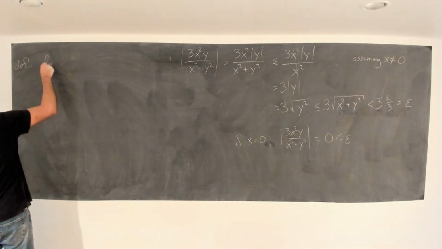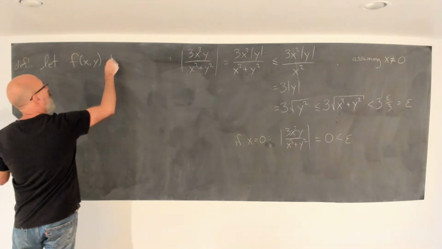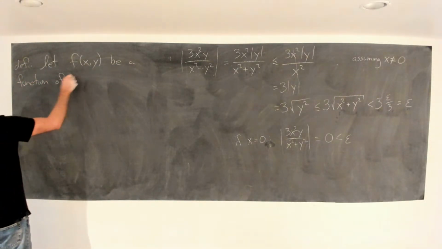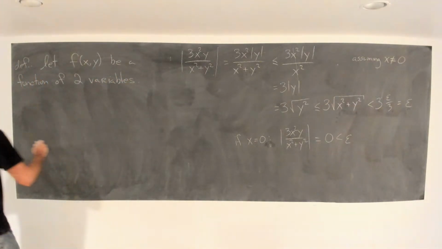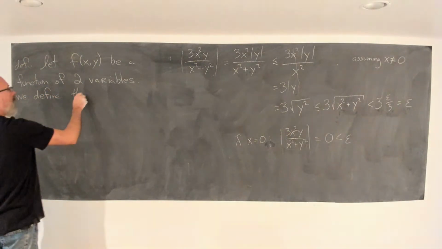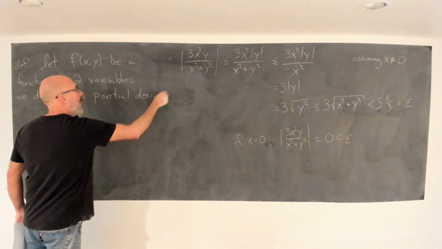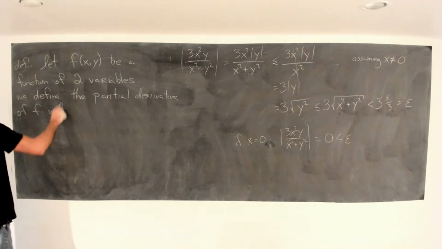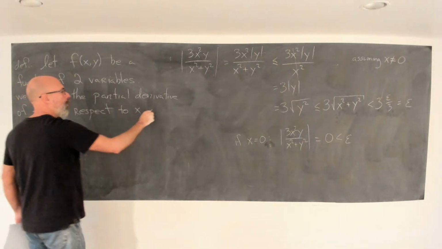Definition. Let f of x, y be a function of two variables. We define the partial derivative of f with respect to x, denoted